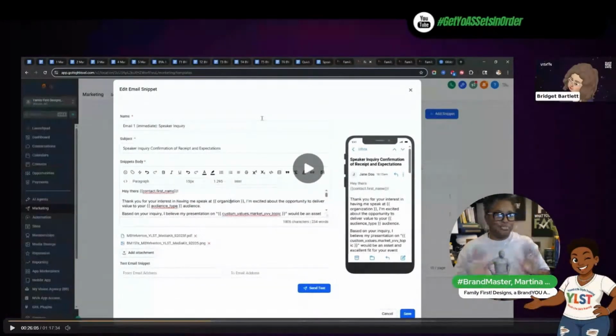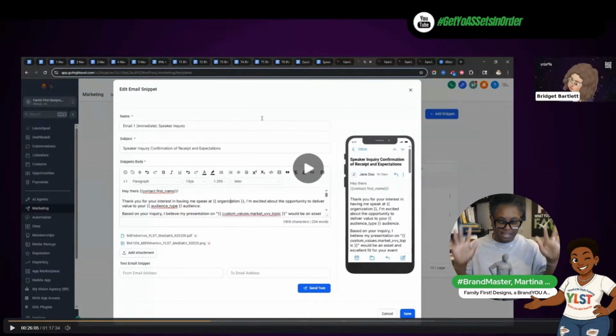Okie dokie, guys. Before we jump too much further into this training, I have to insert this small segment into Watch Me Work Wednesday so you can understand this mindset. This is why I only work with coachable, teachable, trainable clients within the BrandYOU agency, because there is a deep rabbit hole you can go down when you don't have proper mentorship and